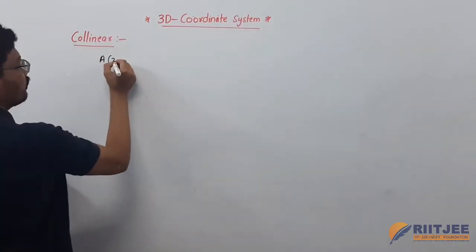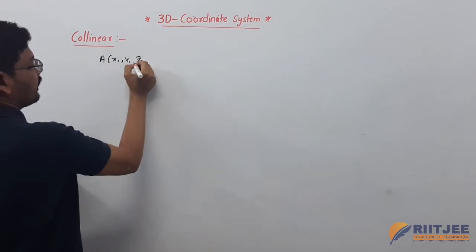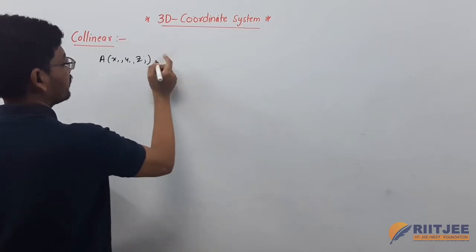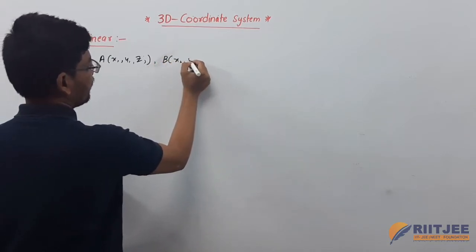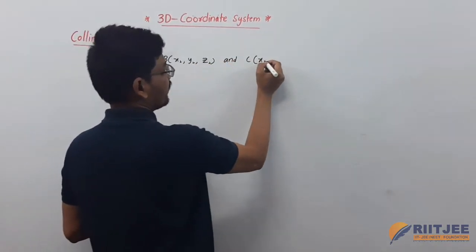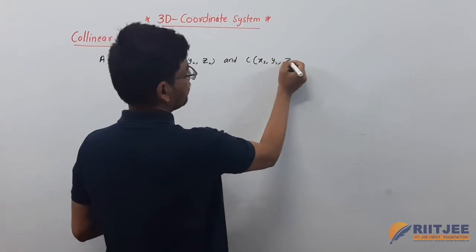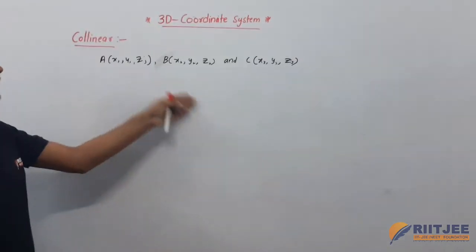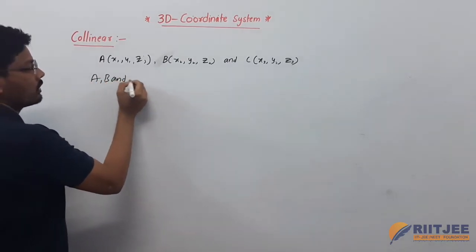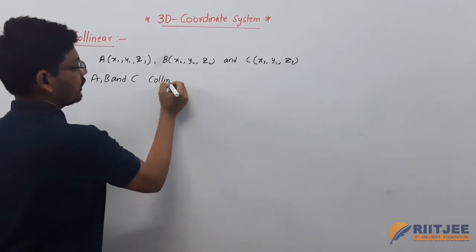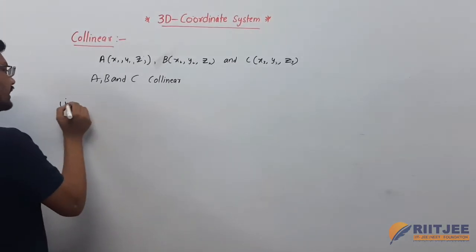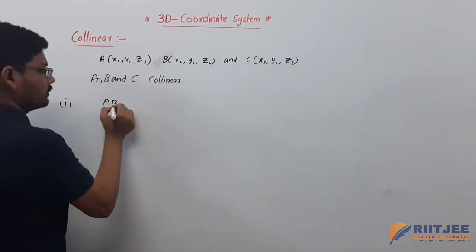A is (x1, y1, z1), B is (x2, y2, z2) and C is (x3, y3, z3). Here 3 points are there. If A, B and C are collinear, then first of all, here 3 conditions are there. So AB is equal to BC,